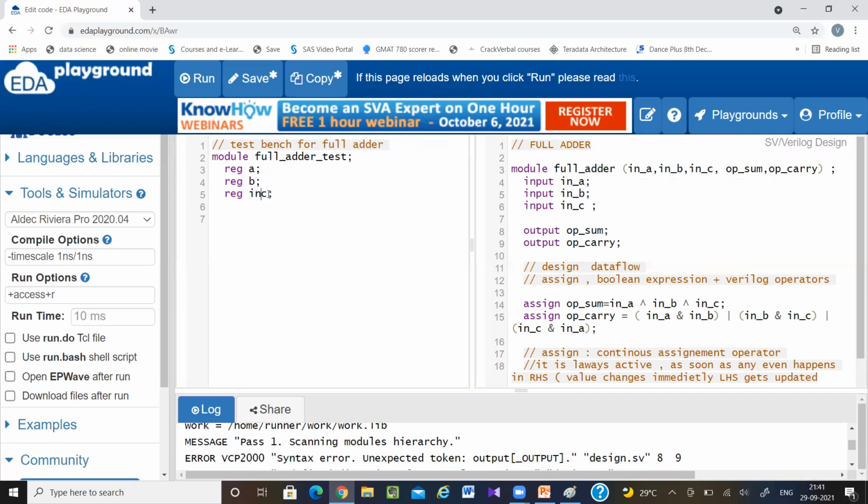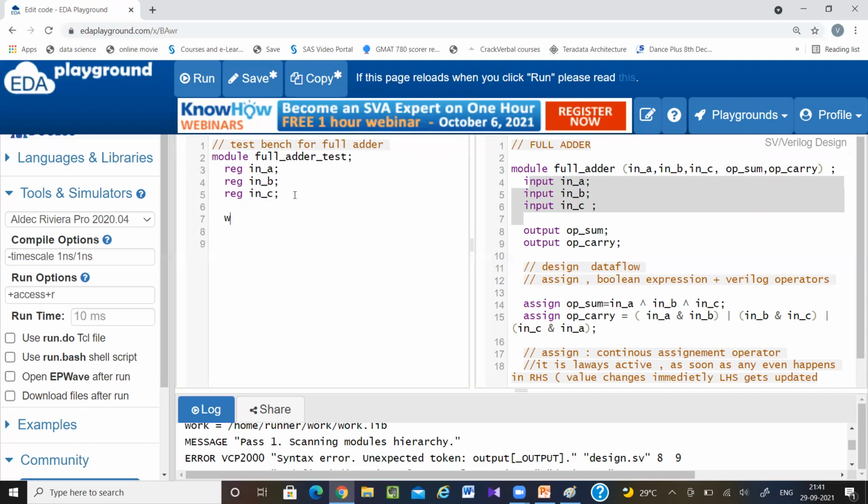But if it is same, what is the advantage? You don't have to declare so many signals. If your design has 15 signals, there will be 15 names. If for each name you are going to write a different name, then 15 plus 15, 30 names you have to think. So to avoid that confusion, it is always advisable to declare them the same. But even if you declare them different, it is not going to affect the code.